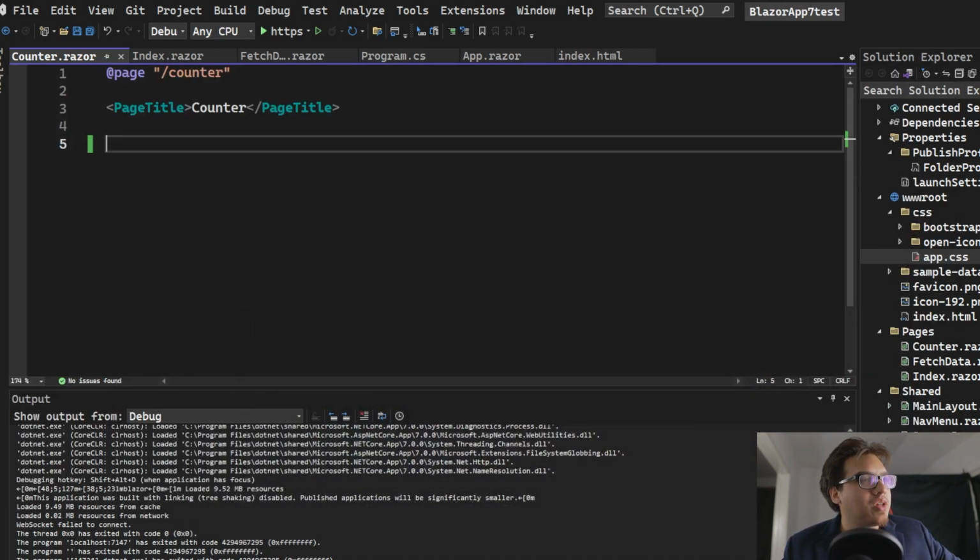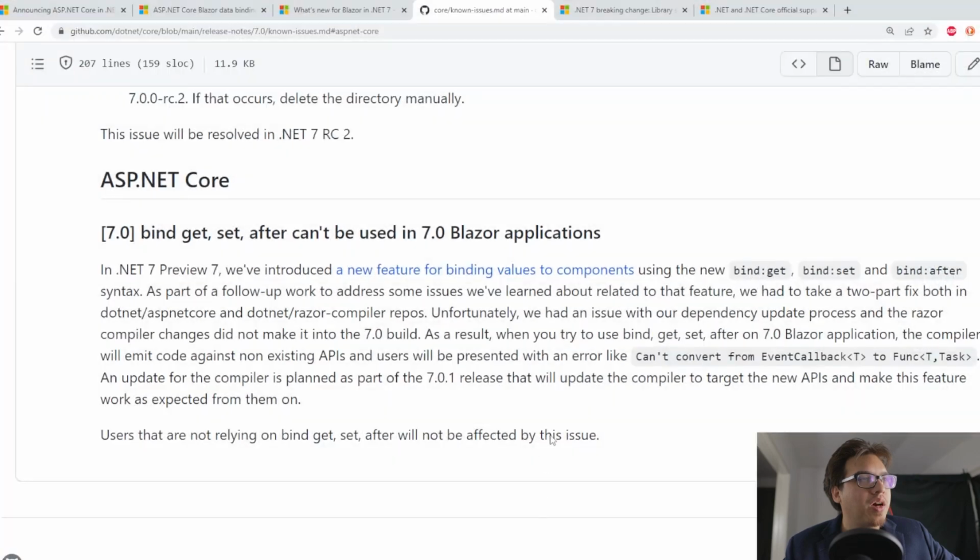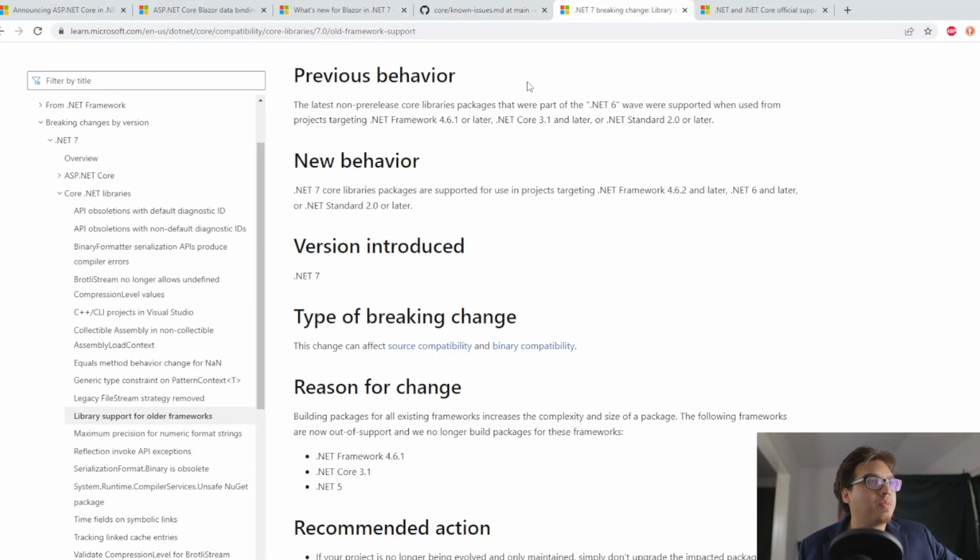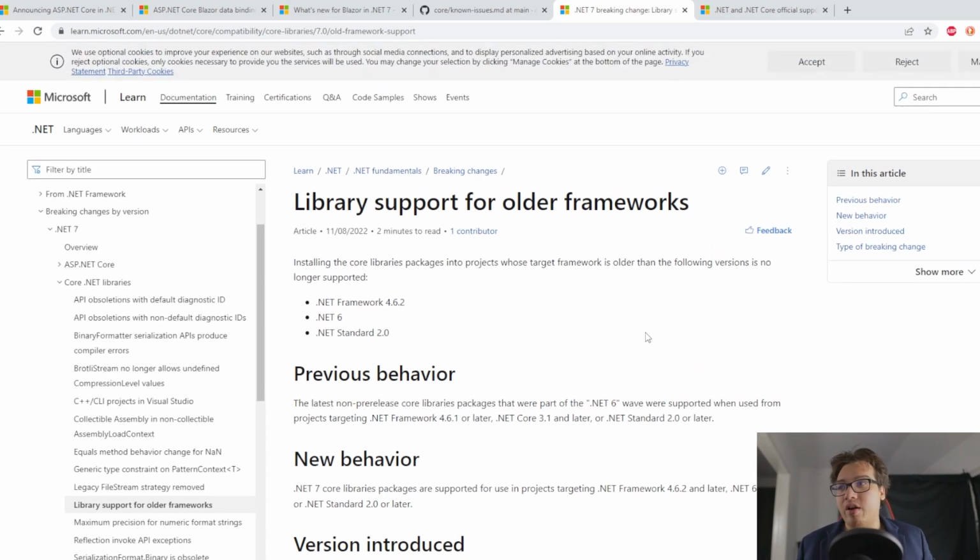So now let's go over a little bit of the differences between .NET 7 and .NET 6 and whether or not you want to upgrade to them. So the first thing I want to point out is if you download .NET 7 from a .NET 6 project or from an older project,